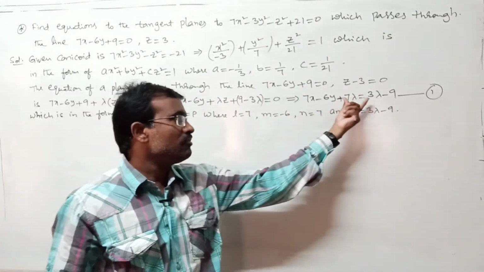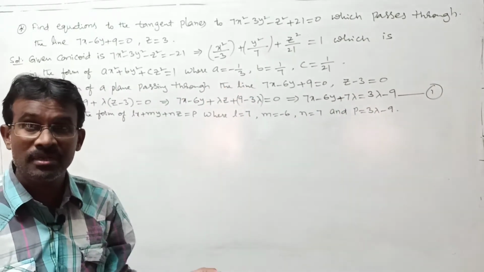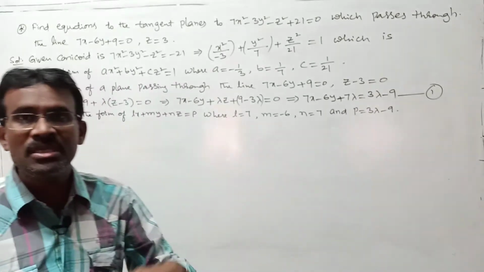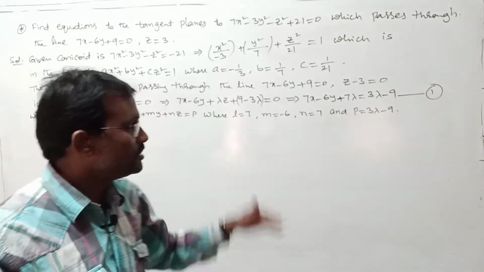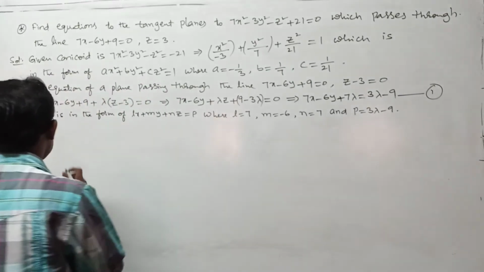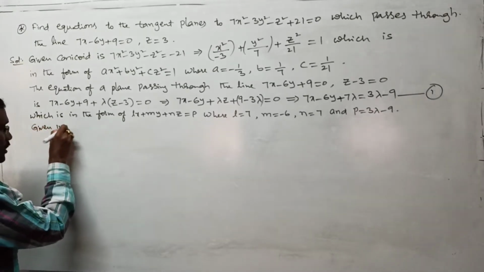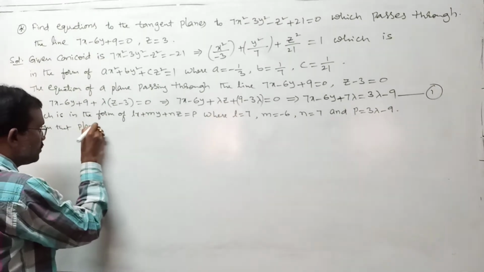Suppose equation 1 is a tangent plane to the given conicoid, then what do we have there? L square by A plus M square by B plus N square by C is equal to what? P square, according to theorem number 2 in this unit. I want to use that condition. Given that plane 1, meaning plane equation 1,